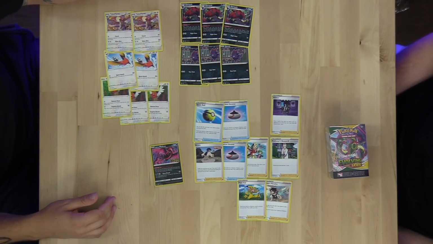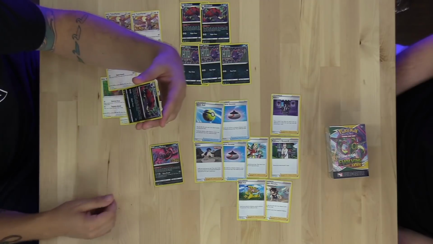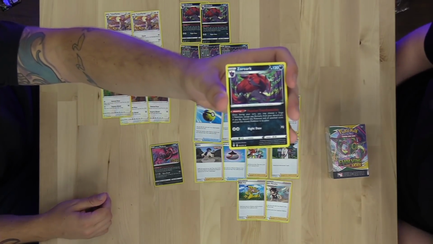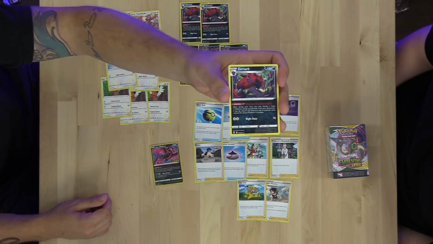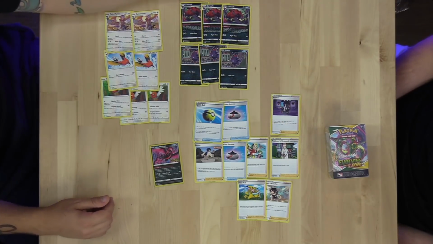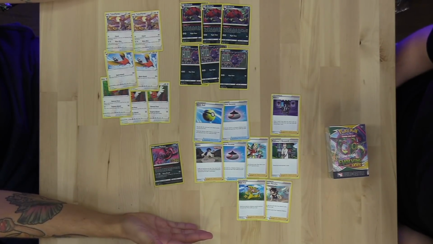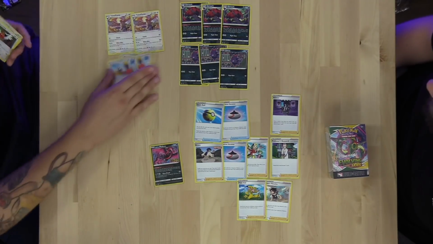So we have got the Zoroark line in here. What's interesting about this Zoroark is it's got the Phantom Transformation ability. So you can discard this Zoroark from play and then swap it with one of the other Stage 1 Pokemon that is in your discard pile. So what this Zoroark line is going to allow you to do is play a more toolbox style deck. Absolutely, which is really interesting for a build and battle